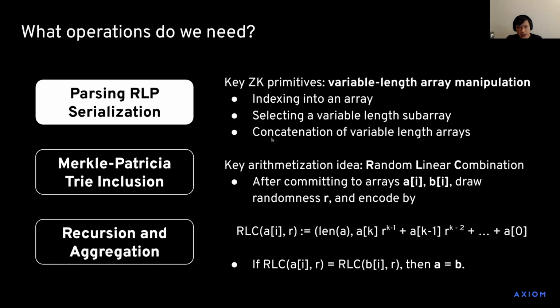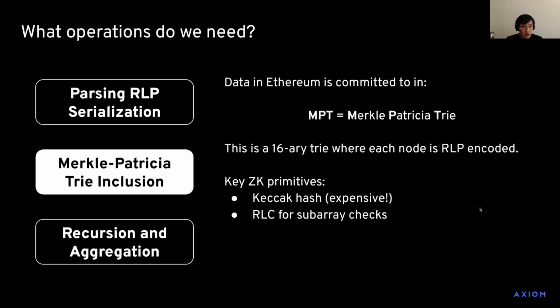Okay, so basically we handle this RLP serialization using this random linear combination technique. So what's next? Once we serialize all the data in Ethereum using RLP, most of the data on